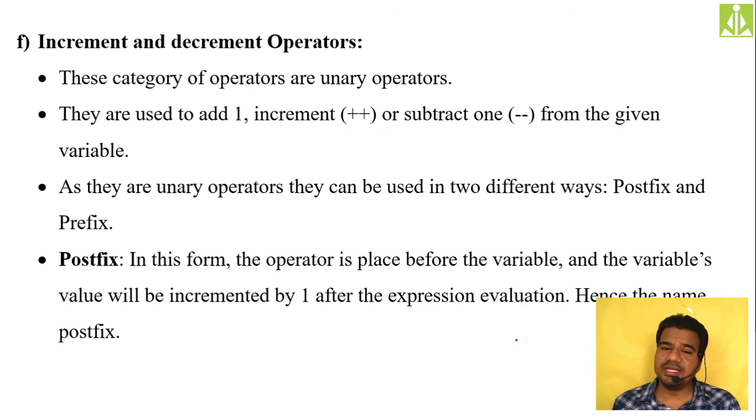Then we have increment and decrement operators. Increment and decrement operators play a vital and important role in any programming language.